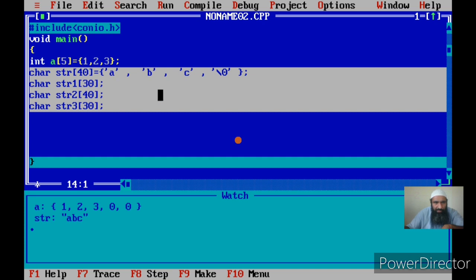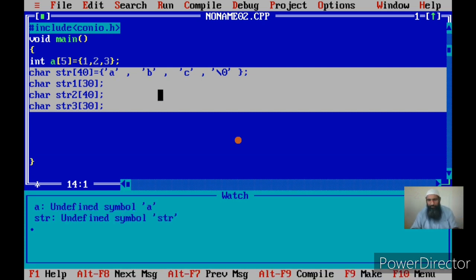Okay, let me show you another way of initializing the array. The first way is the character array initialization like this. There is a second method of initializing the character arrays also, and this method is not available for integer arrays, float arrays, or double arrays. This will be used specifically for character arrays. How? You give your string within the double quotes. Suppose I want to store "ROUF ALI" with a space. In this I have to give it in double quotes. This is another method for initializing the character arrays, that you give your string within the double quotes.